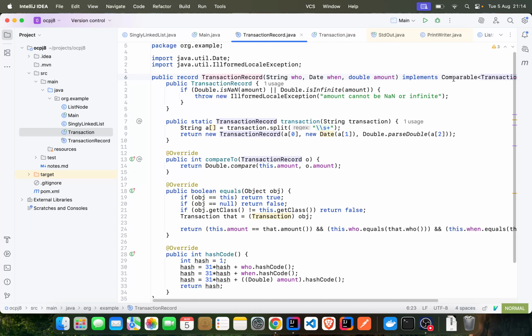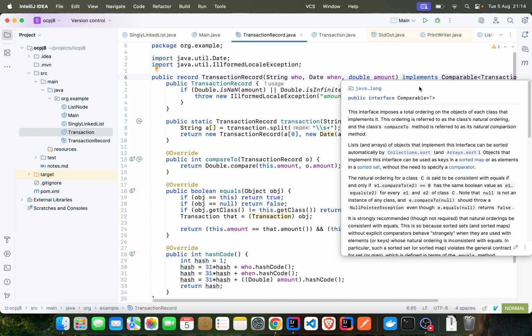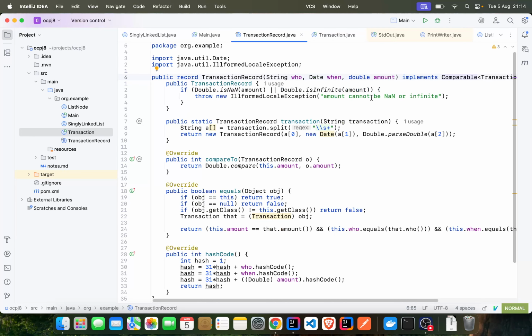Why do we implement this comparable? Because it's a good practice, and if you want to sort a collection of transaction records, let's say, it's good to have this default implementation. You can work without this also. See, what you see here is a